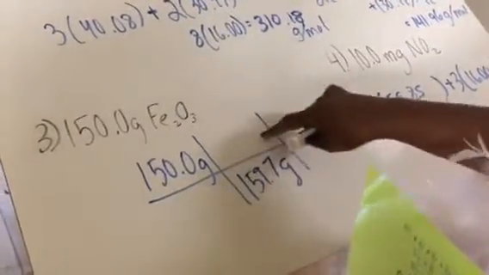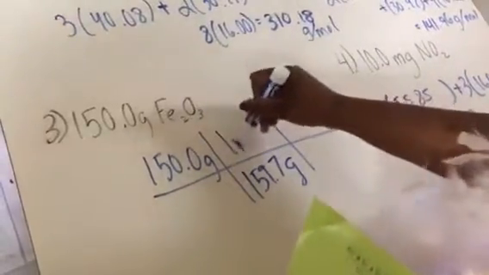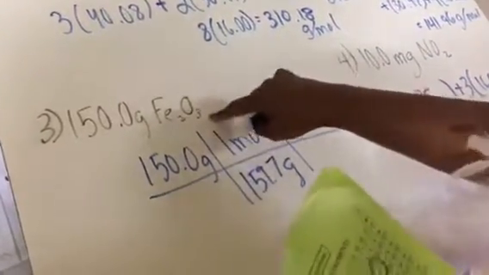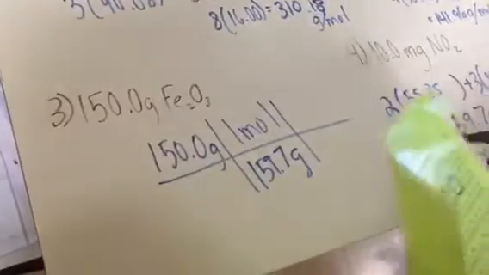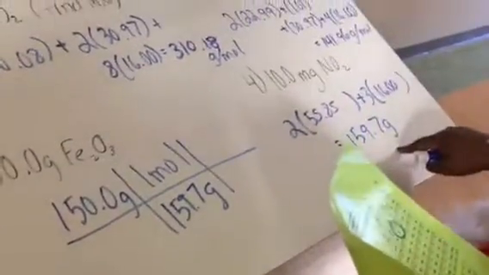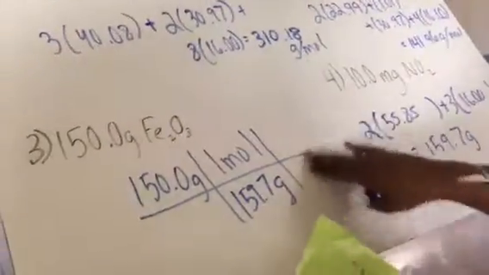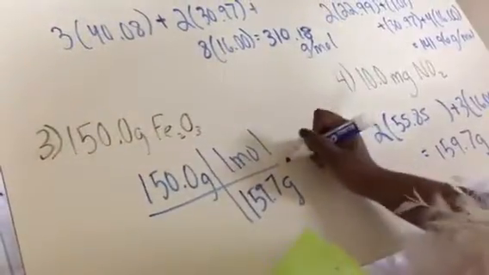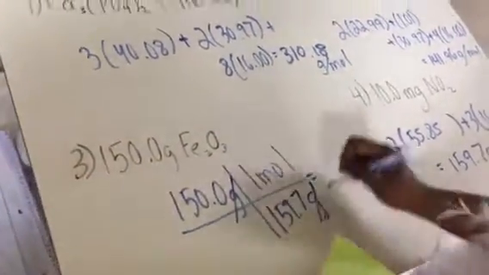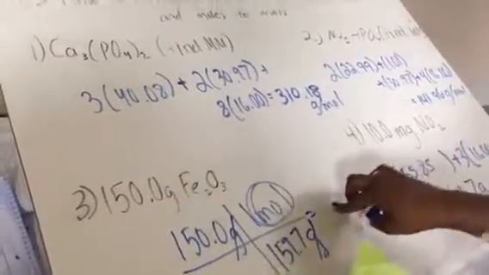Okay. And on the top we'll put 1 mole, because 1 mole of iron oxide is equivalent to this amount of grams. And that's how you convert it. And you can cancel out your grams, and then you'll have moles as your unit. And so then you'll get